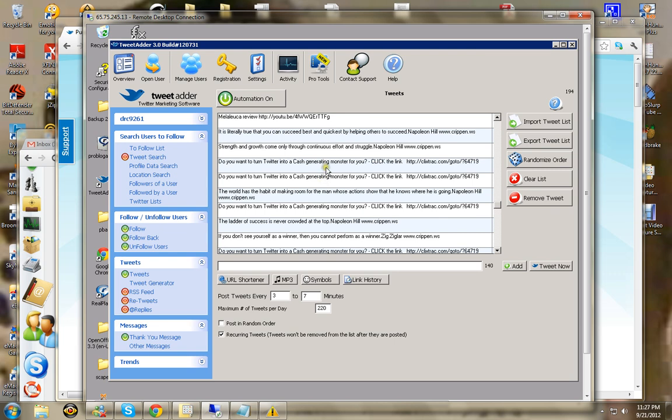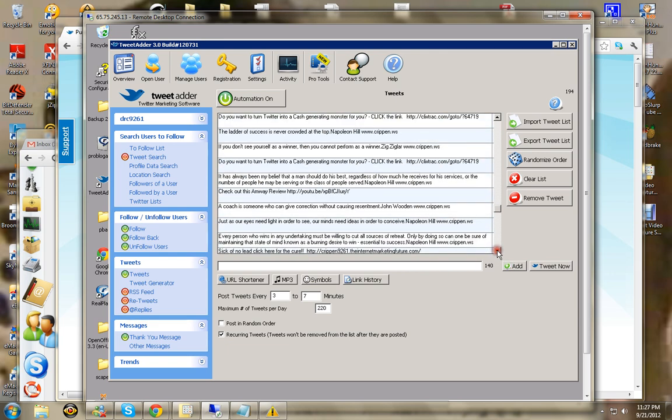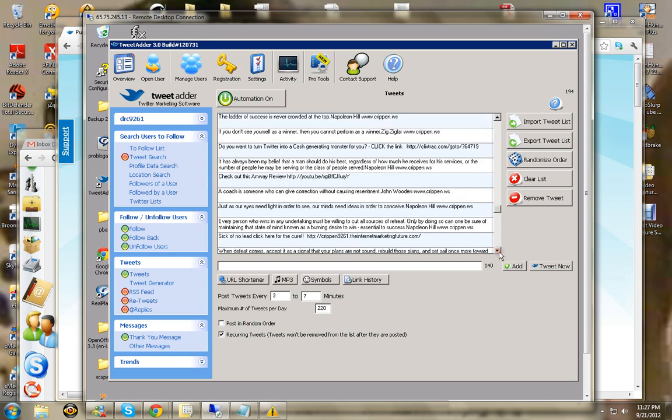Now here's a couple that are right in a row. I don't really like that, but it happens. And we have a way of mixing them. This mixes your tweets once you've set it up. So you see all these tweets I put together. I basically downloaded quotes, put them into a list, and then uploaded them, imported it into tweets, and then later I put the list together of all my quotes and all my